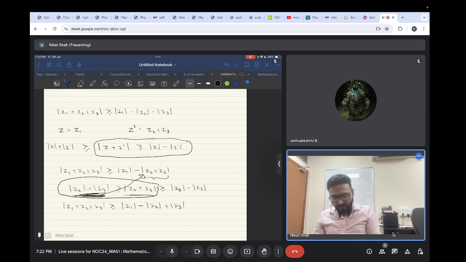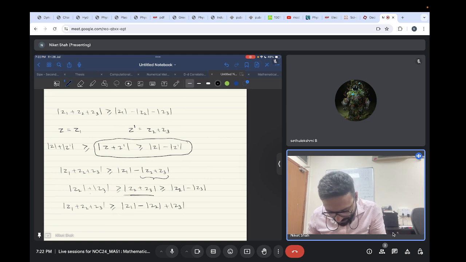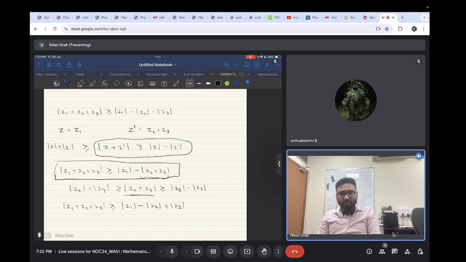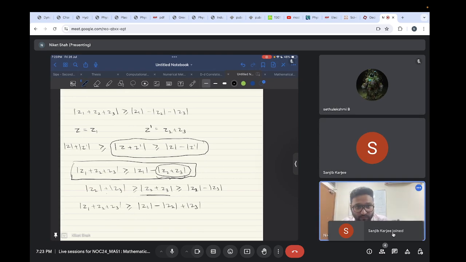I'll repeat my statement. What I'm saying is that I have already established that this is true: mod of Z1 plus Z2 plus Z3 is greater than or equal to mod Z1 minus mod of Z2 plus Z3. This I have already established. But if I want to break this further, on the right hand side where I am manipulating just the mod Z2 plus Z3 part, if I am able to establish that minus of mod Z2 plus Z3, this one is still smaller, further smaller, then the